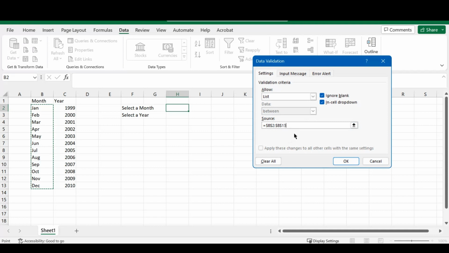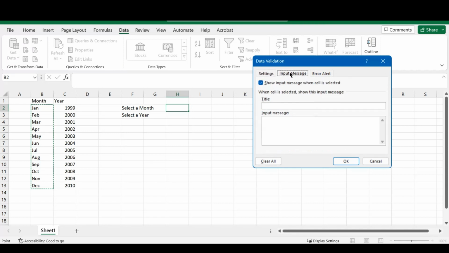But you can go a bit further. We can go to the input message and actually input a title and an input message when someone clicks onto this cell. So for example, we'll put the title just month. The input message can be select a month from the drop-down list. So we've got an input message, we've got our title,